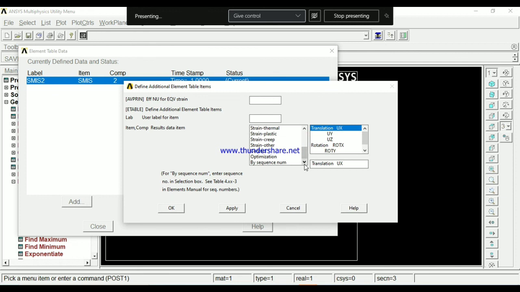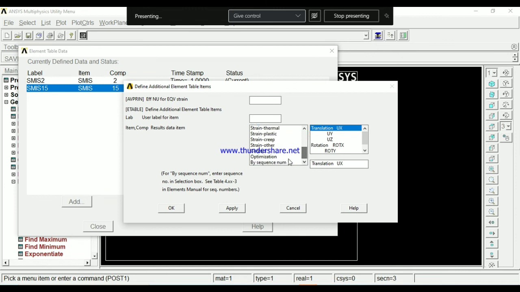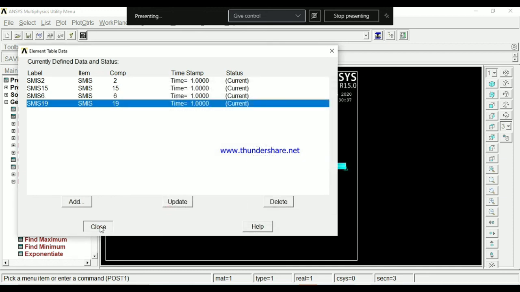Then the second one is 2 and 15. Apply. After that you have to go 6 and 19. This is for shear force. Okay, close.